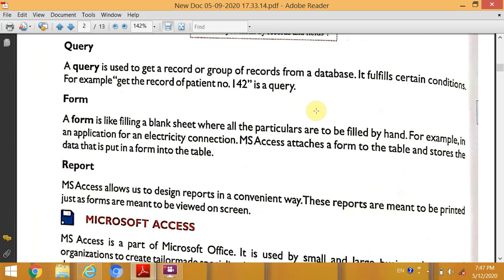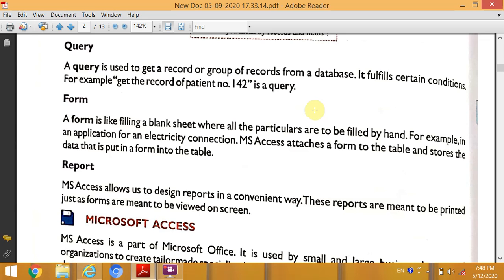In class, examination, you have to fill the examination forms, admission forms, registration forms. Those all are called a form. You can fill all the details that are asked in a form, details like name, contact details, address, phone number, which class you want to join. These all details are filled in the form. Basically, a form is a blank sheet where we can fill all the details.